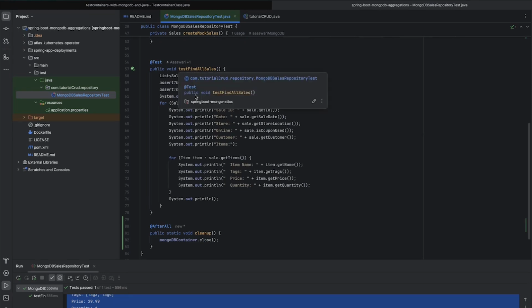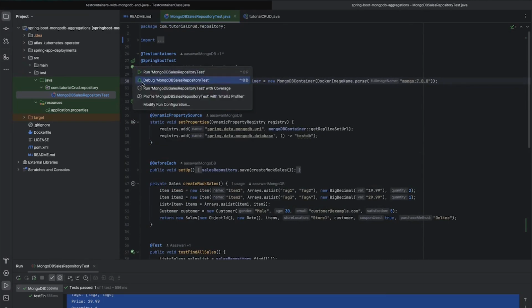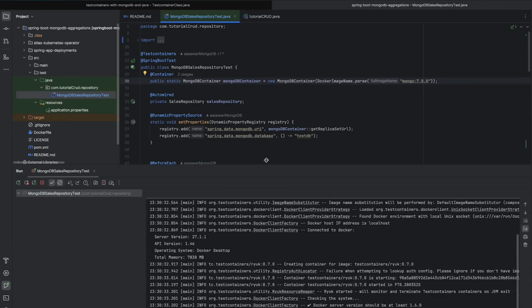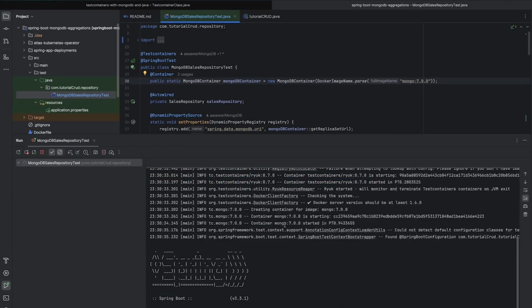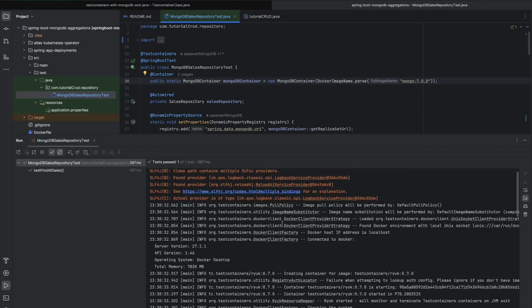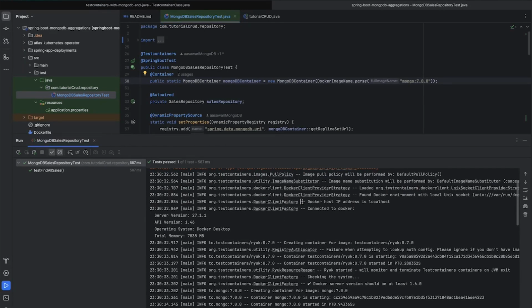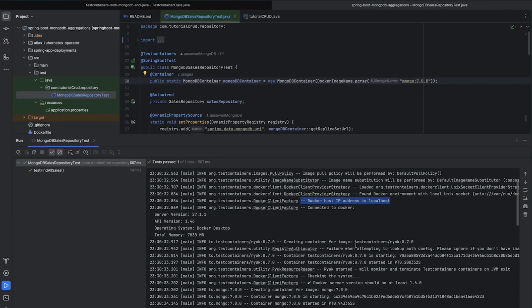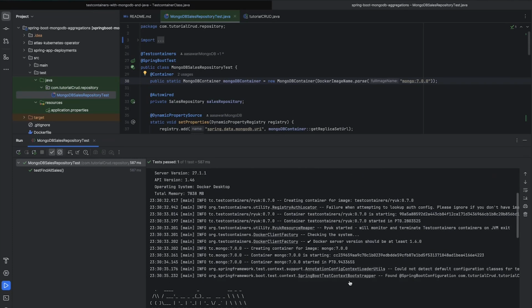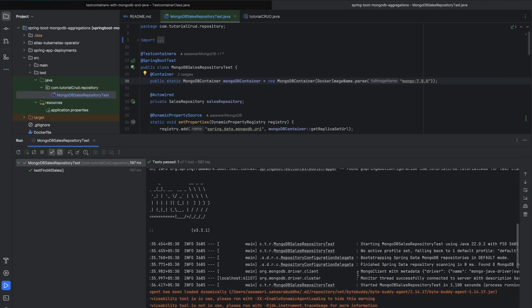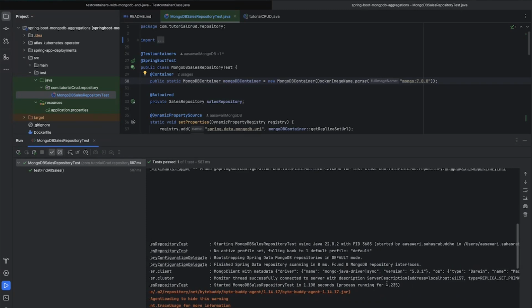So if we run this application again, run these test cases, let's try to understand how the logs are being used here. So if you see the first line where the Docker IP host is localhost and it is making connection, so it has started the MongoDB container where the address is localhost 61157, which is not the same as what we did in the Java application.